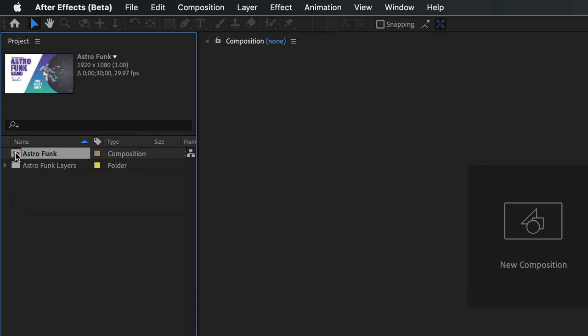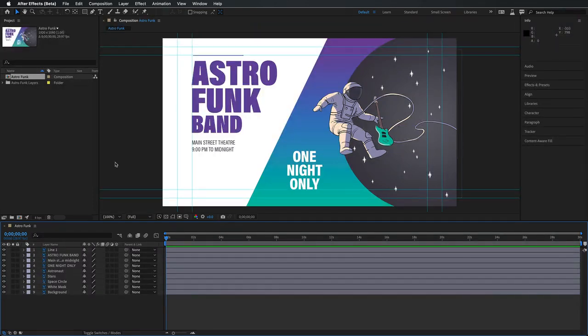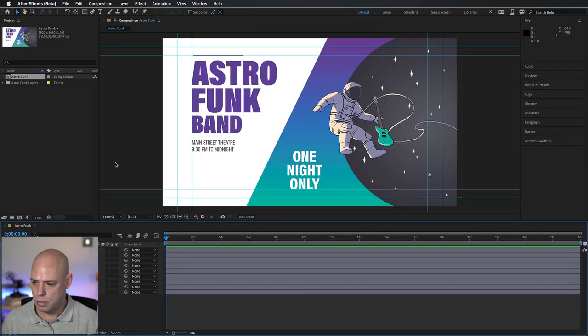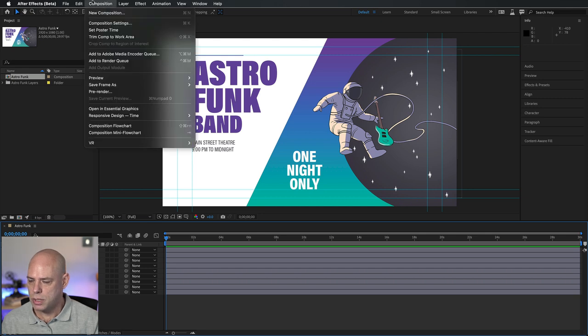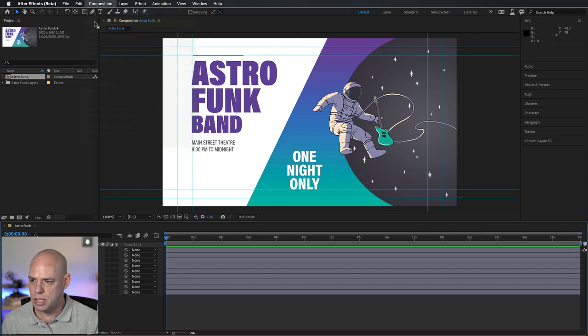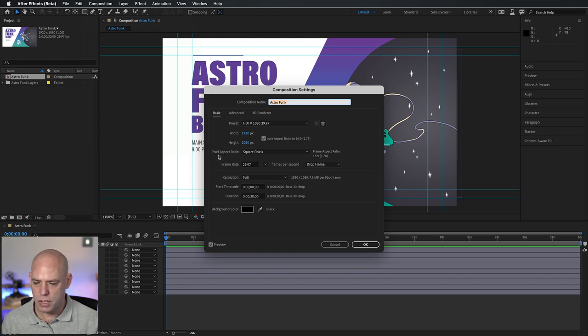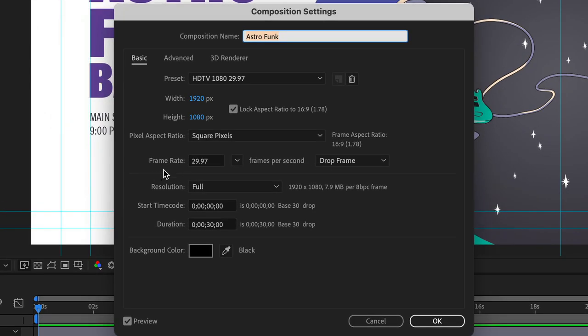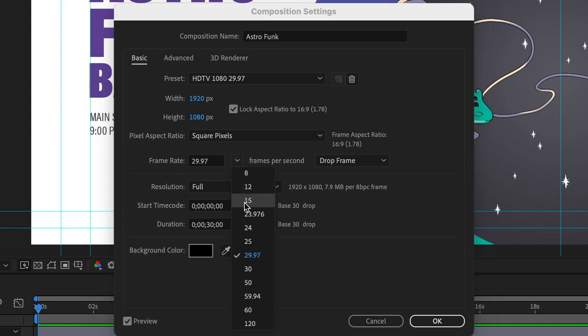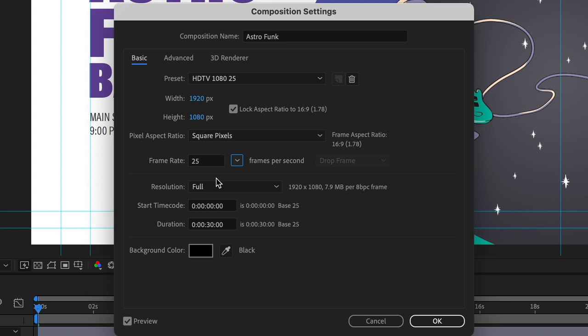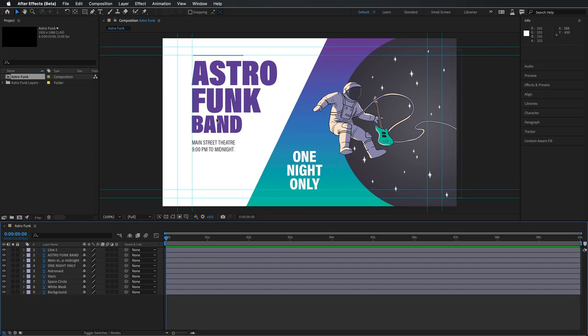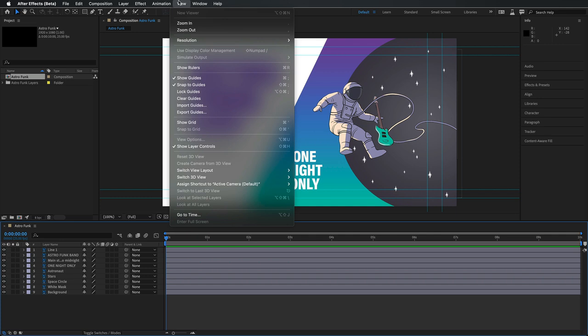Alright, I'll double click on the composition, which is going to open up over here, and let's just make it our own. The first thing I'll do is go to the composition menu, choose composition settings, and I'm going to change a few of the settings. I'm going to change the frame rate from the default 29.97 to something which is more easy to work with. Since I'm in Europe, I'm going to change it to 25. I'm also going to highlight the duration timecode and type in 10 period, and this is going to change it to 10 seconds. Now I can click OK,